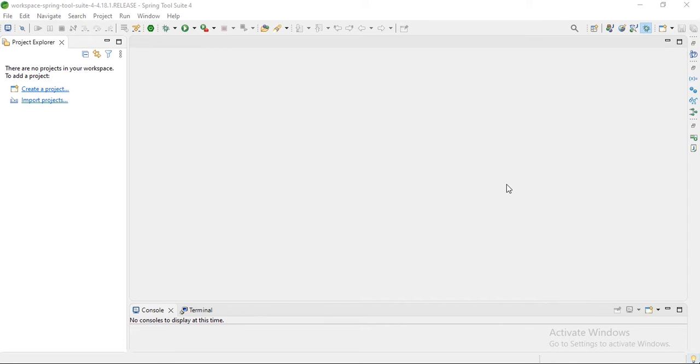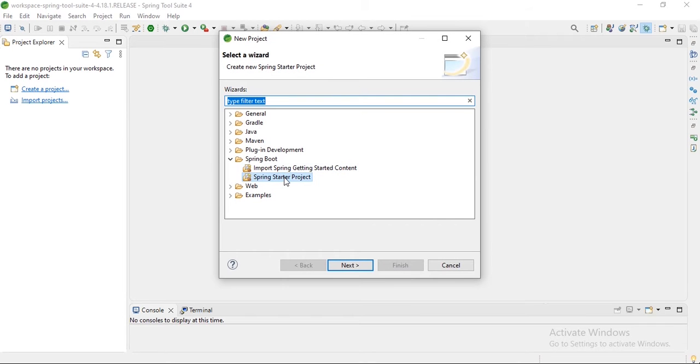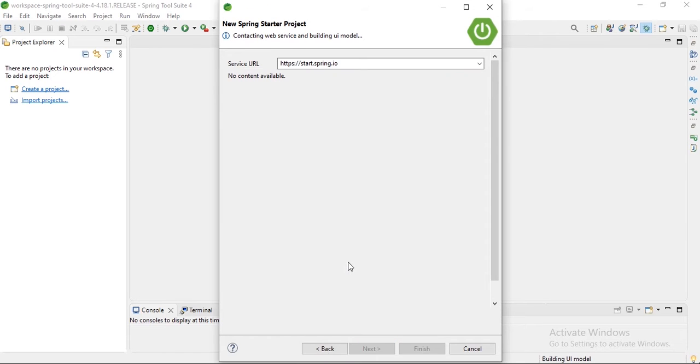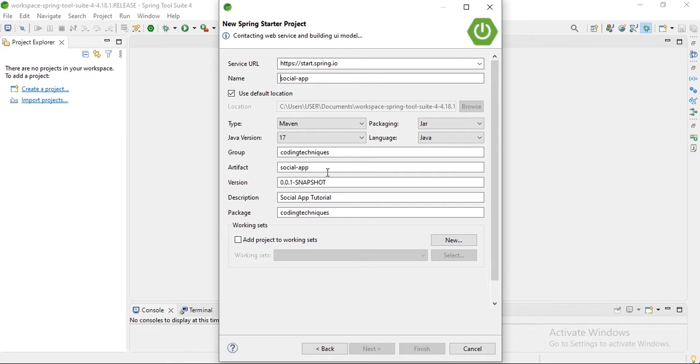Let's create a new project for our application. Here in the STS, go to Spring Starter Project, click next. So it is contacting the web service. Okay, so this is the old project that I have done, which I will delete and change the description. So I will leave the group as codingtechniques as well as the package. Now the name of this is login